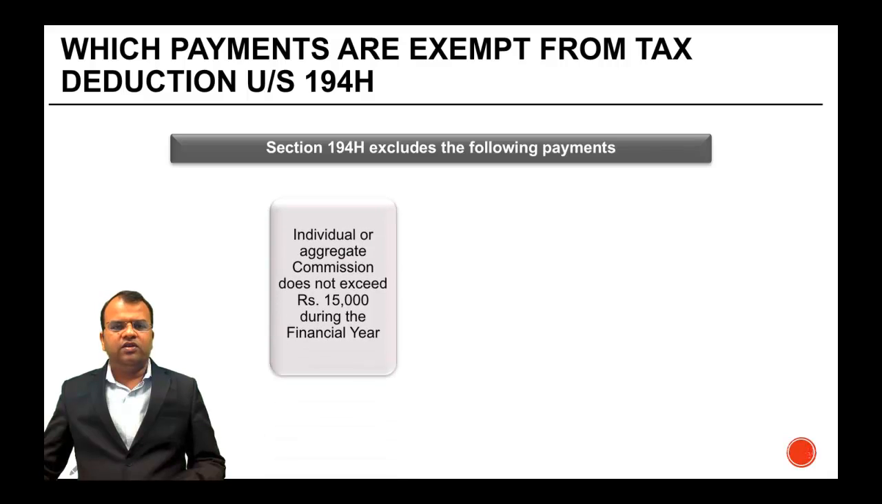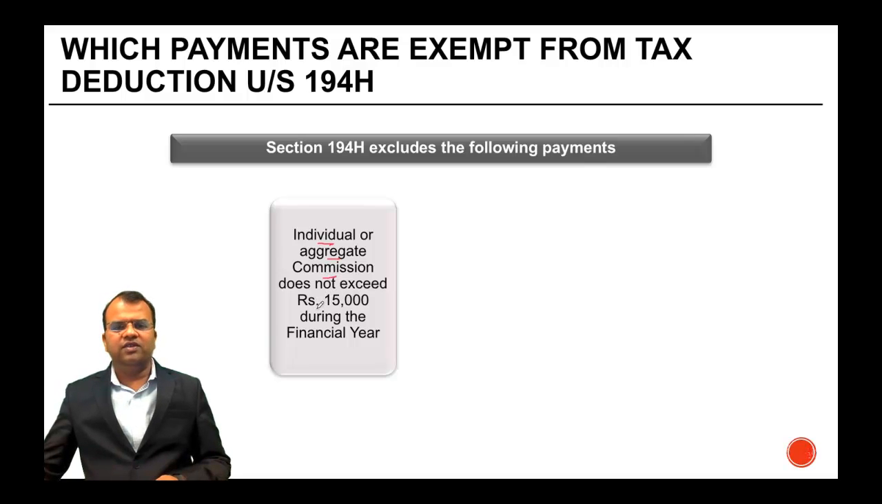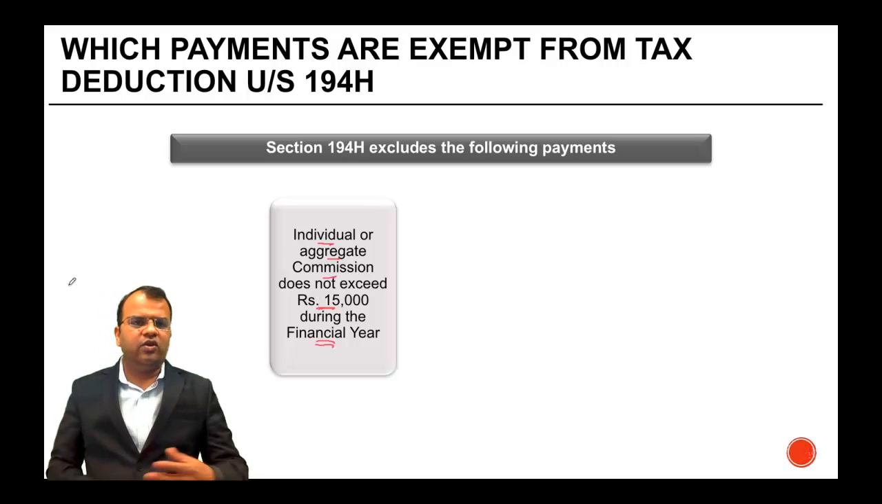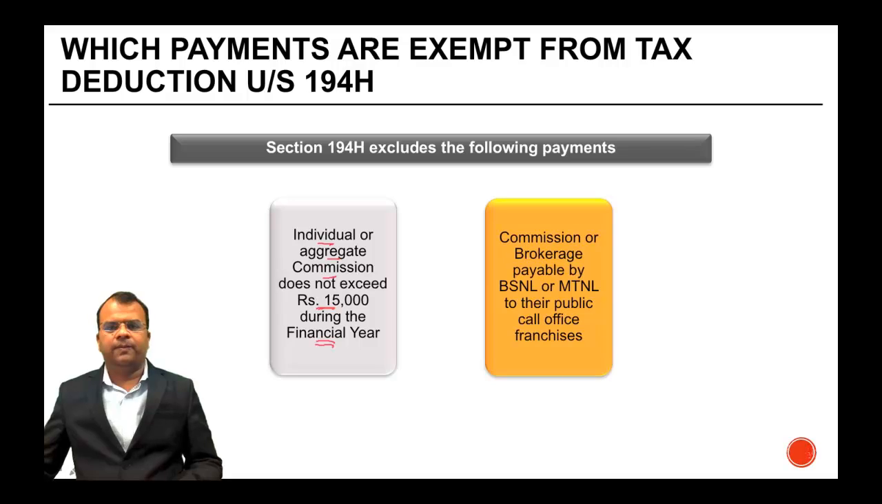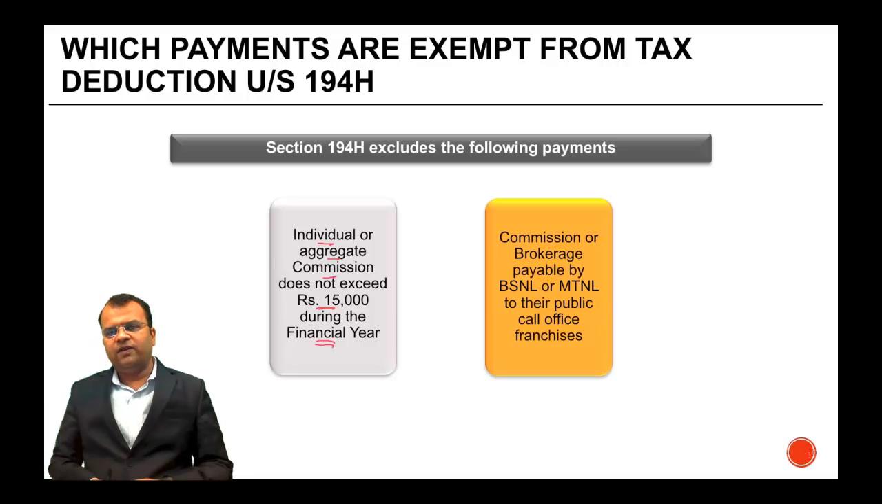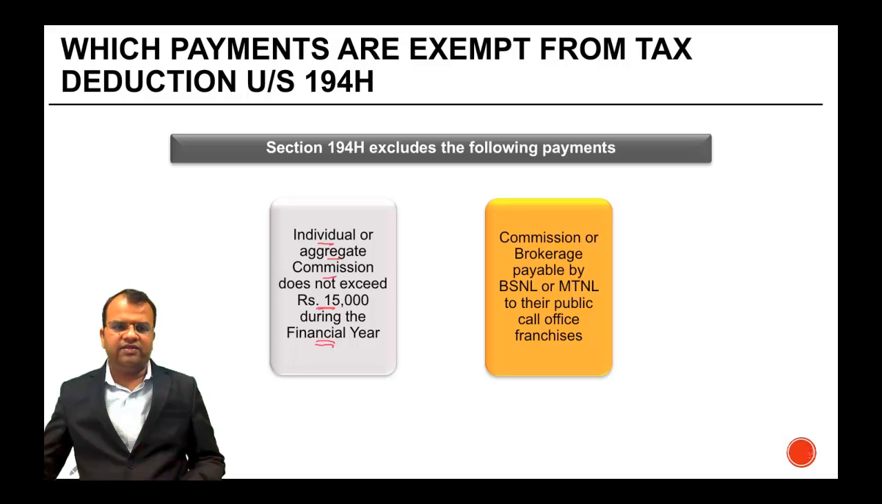Which payments are excluded? The payments which are excluded are if the individual or the aggregate commission do not exceed rupees 15,000 during the financial year, then there is no requirement to deduct TDS under section 194H. Commission or brokerage payable by BSNL or MTNL to their public call office franchisees is also exempt or rather excluded